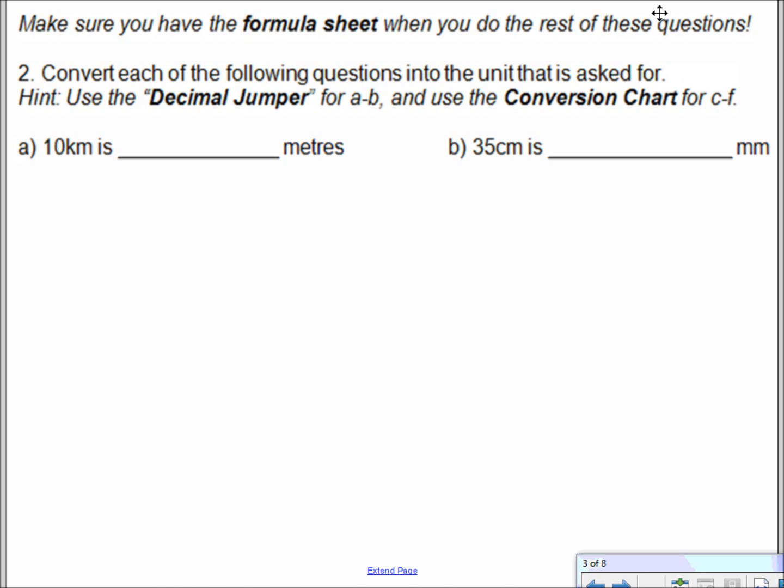Okay, the decimal is always there, but sometimes invisible. Even in your age, if you are 18 years old, the decimal is always right beside the 8. So, for example, if we're going 10 kilometers to meters, you come to this chart and you put your finger on kilometers. How many jumps is it? 1, 2, 3. Does everyone agree with that? So what he's saying is there's always a decimal here, even if you don't see it right after the number. So you're going to jump it 3 times. So 1, 2, 3. So that means you add 3 zeros. So 10 kilometers